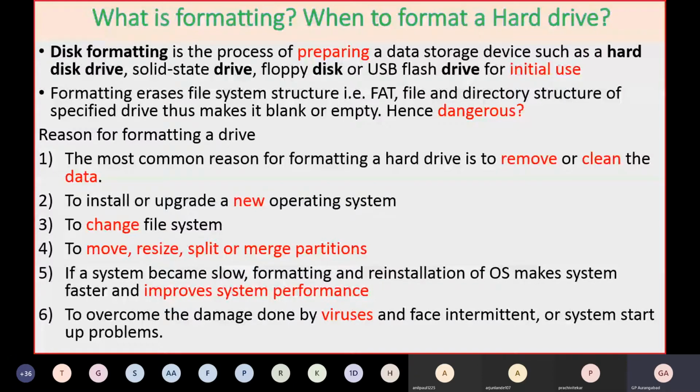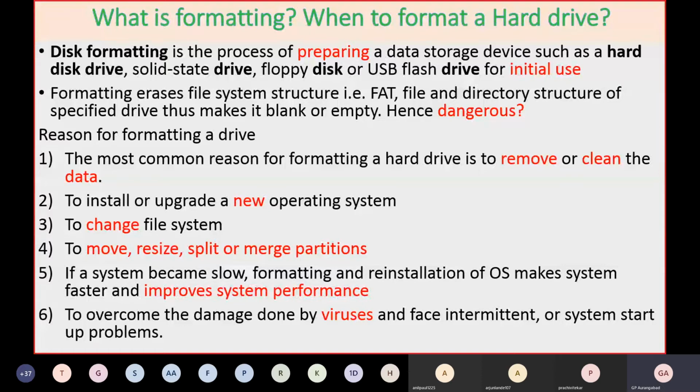And then, what are the reasons you are required to go for formatting a drive, what is the purpose of formatting, or when should you use the format command? There are 5 or 6 reasons listed here.